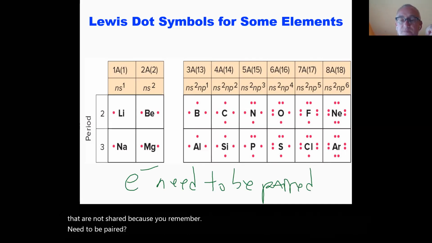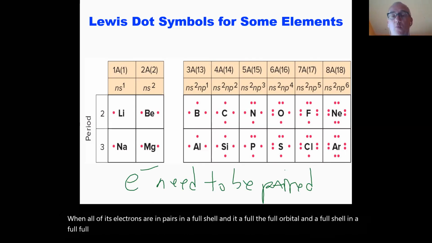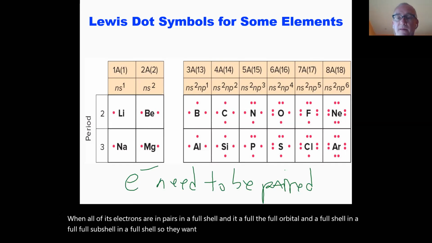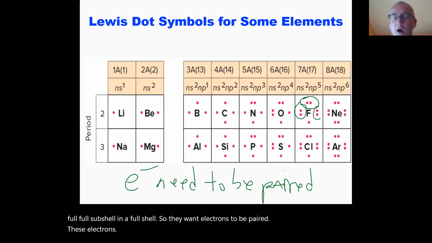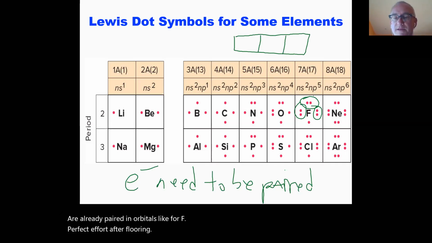Elements are much more stable when all of its electrons are in pairs in a full shell, and in a full orbital, in a full subshell, and a full shell. So they want electrons to be paired. These electrons are already paired in orbitals. Like for fluorine, it's these